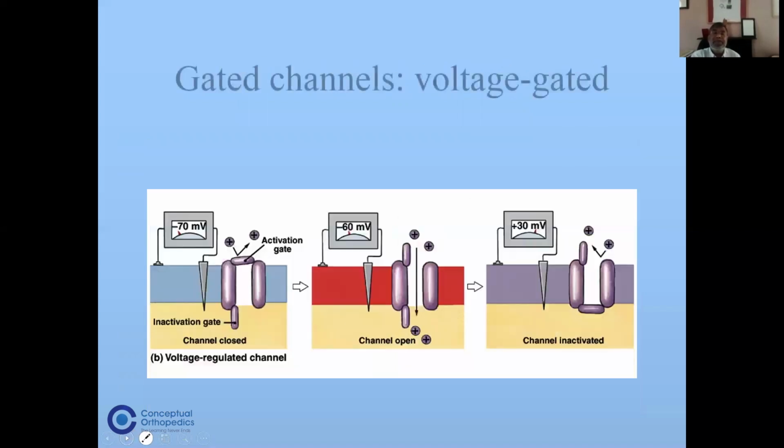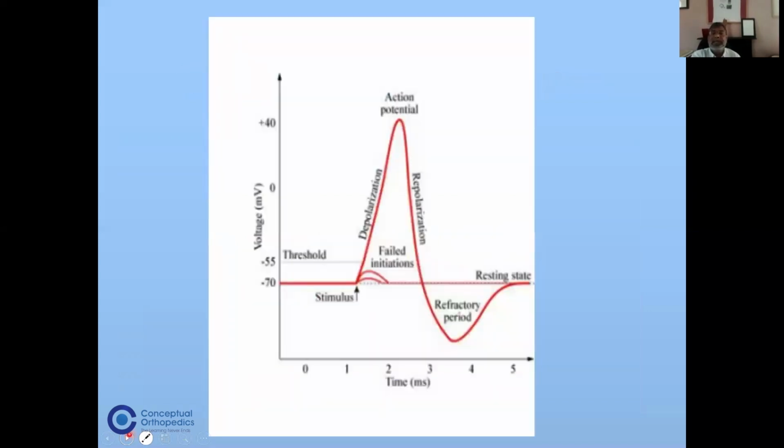So when the electric activity inside is minus 70, that is called the resting potential. And let's say when the electric activity comes, gradually these gates open. And when these gates open, there is a generation of what we call a graded potential. If this graded potential keeps on building and it reaches a threshold, which is normally considered minus 55 millivolt, immediately the action